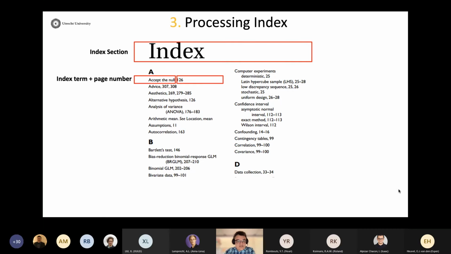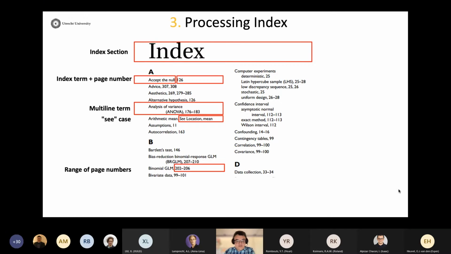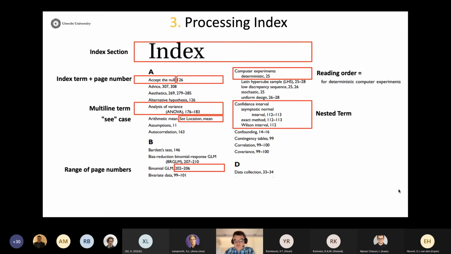And then we can also identify where the index term is and where the page is when we have multi-line terms, when we have see links between the terms, when we have ranges of pages, and so on and so forth. Basically, all this variability can be captured.